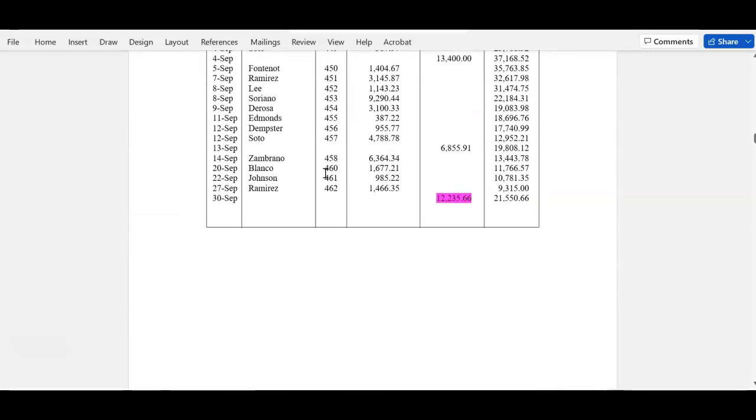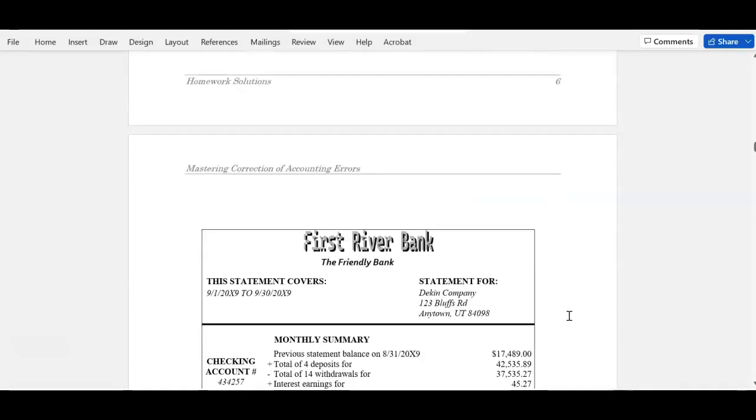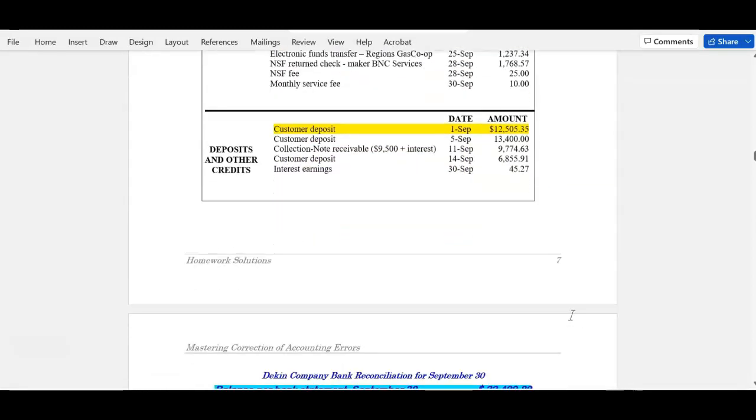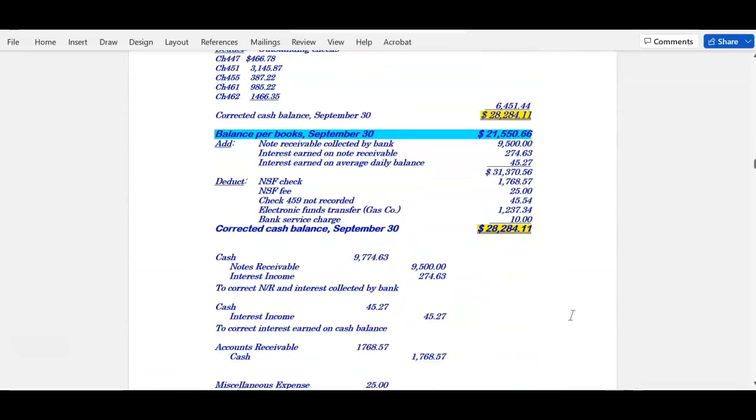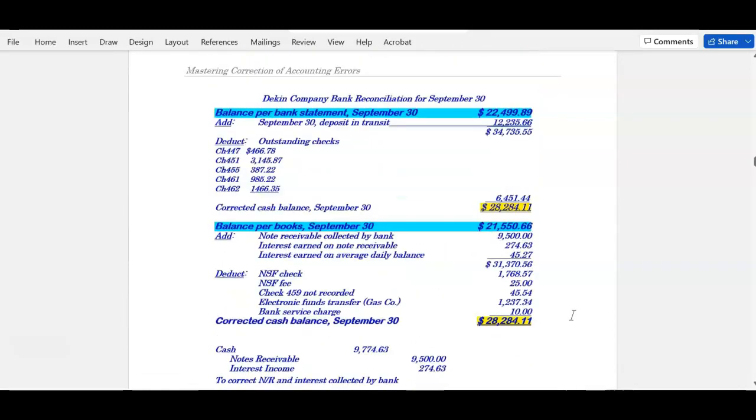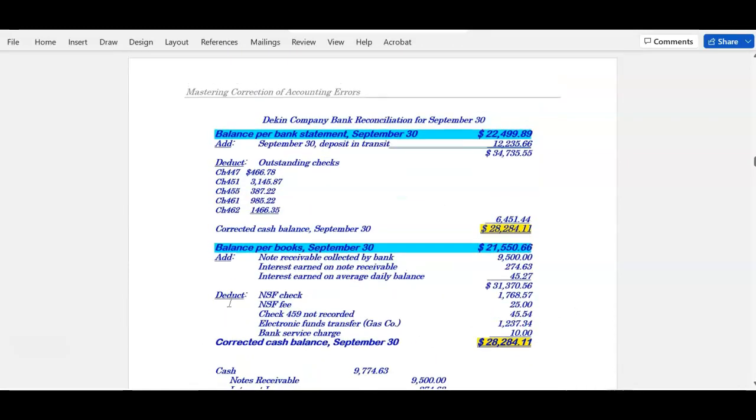It's nothing here. Nothing here. So here you have to draw with a pencil, check 459 missing, put a question mark next to it, put a circle, put the dollar amount here. So that's the check that you are missing. So therefore you go ahead and deduct that check from your balance because you forgot. And it